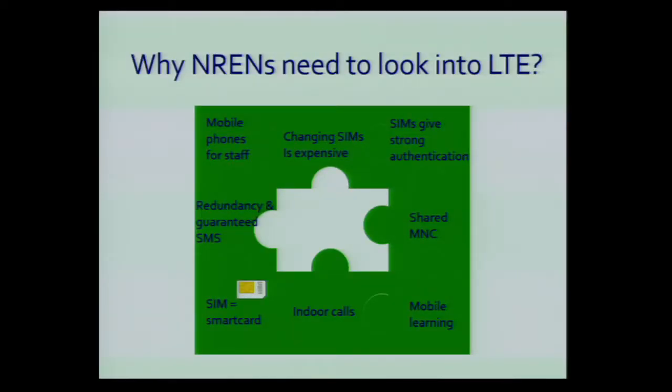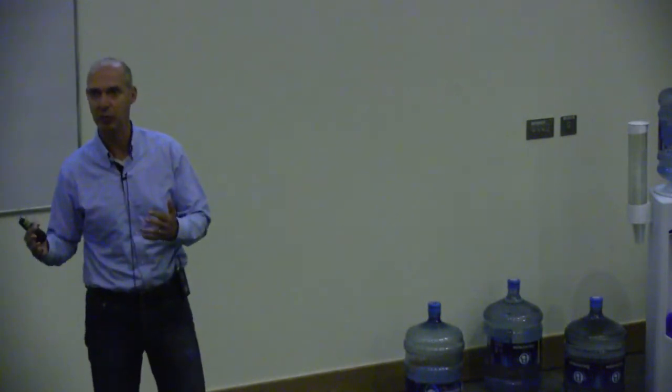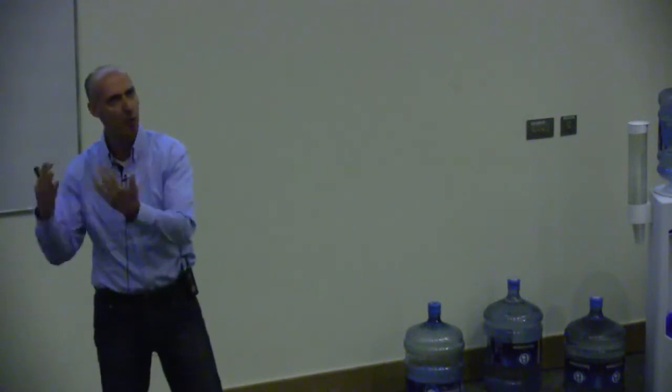This is an important one, mobile learning. Yesterday's keynote was about learning takes place everywhere. Flipping the classroom, all kinds of situations that you learn not only within the campus, the boundaries of your campus, but also outside the boundaries. So how are you going to support mobile learning, having access everywhere without a proper access network? I'm actually surprised that CIOs of institutes are not banging on our door saying, wake up, we have our mobile infrastructure, our mobile learning infrastructure. We have the content, but in time we need a network that supports it.